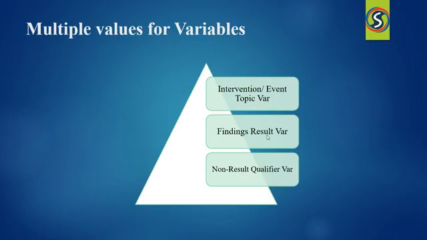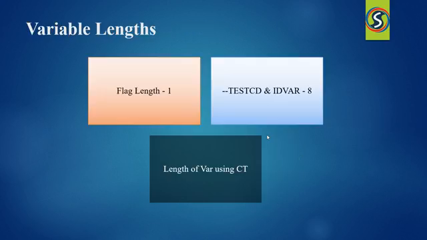And coming to the variable lengths, let's see that concept of variable lengths as well. Very large transport files have become an issue for FDA so that they can process it. But one of the main contributions to the large file sizes has been sponsors using the maximum length of 200 for character variables. So to help rectify this situation where the maximum length of 200 is being taken for character variables,